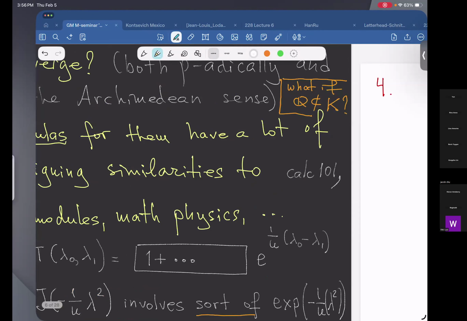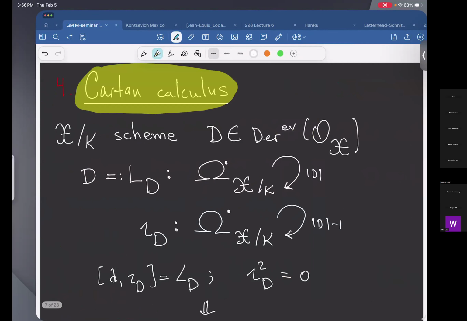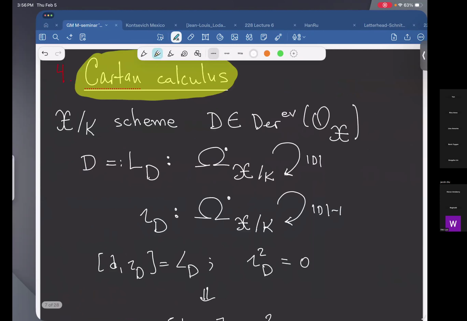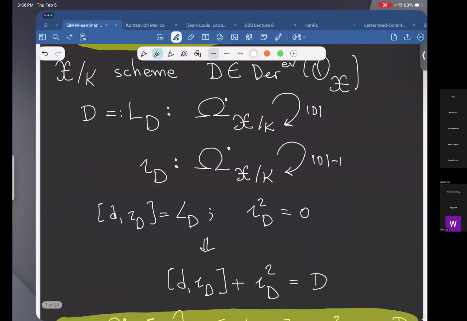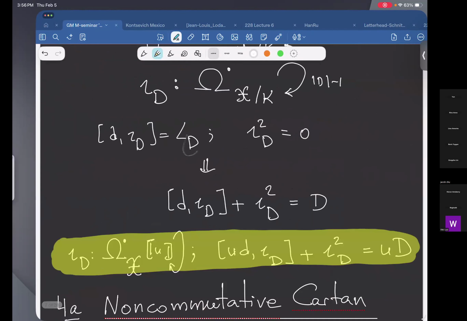Okay, yeah, Cartan calculus. So again, in the classical situation, if you have a vector field, let's say even, but again, even or odd, let's say even. You will have an even operator on forms, the Lie derivative, but also you have an odd operator on forms. And they satisfy those two equations,